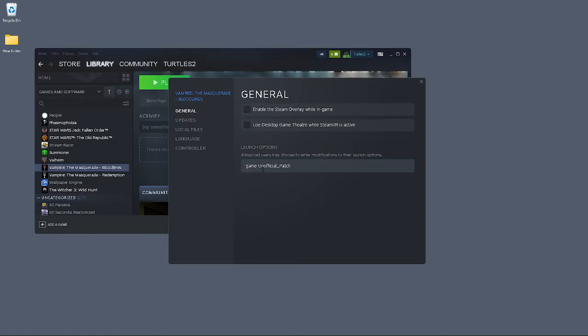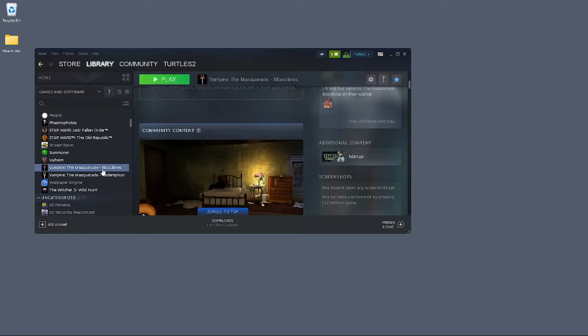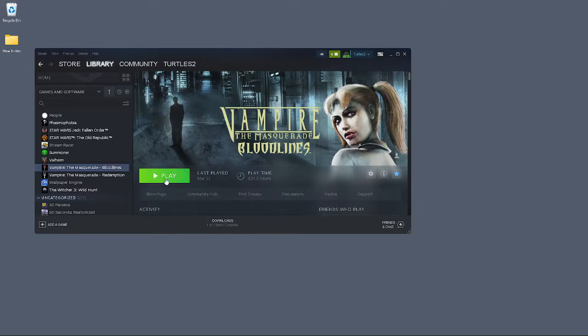You've got to make sure the unofficial and patch have uppercase first letters, because sometimes if you have it lowercase, it won't launch the game correctly. So then that's done. And you can then tell if the game is running using the patch,